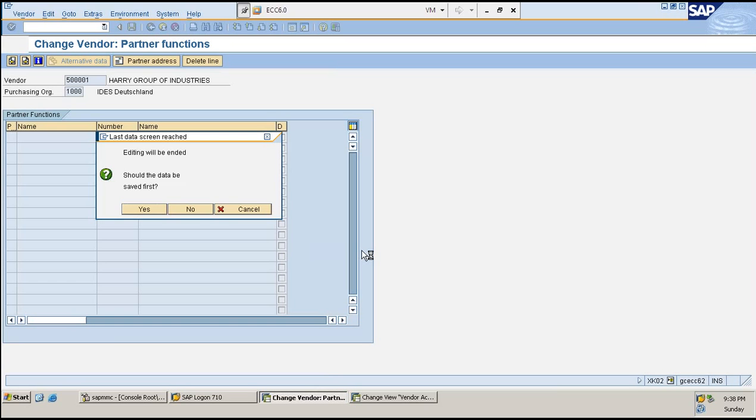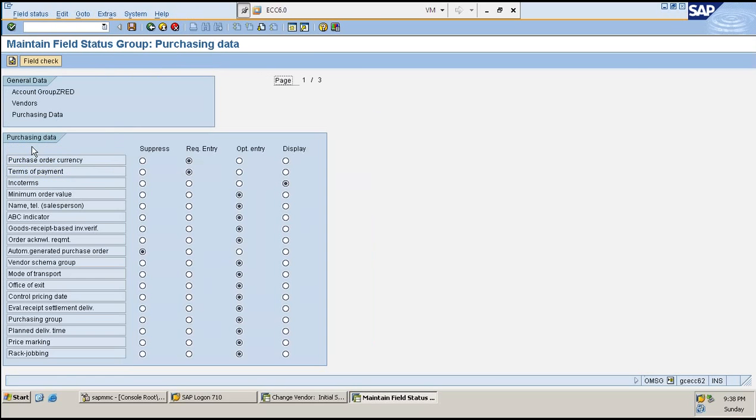I will do one more thing. I'll go inside the purchasing data again, the same purchasing data. Terms of payment is what? Required entry.